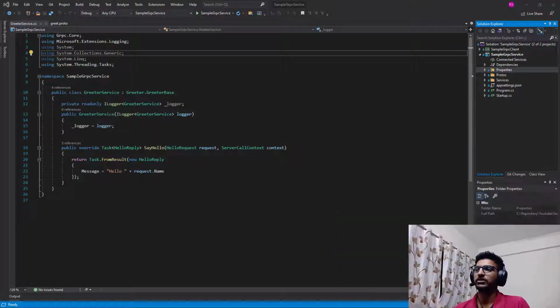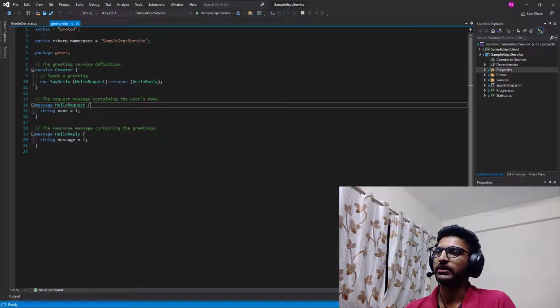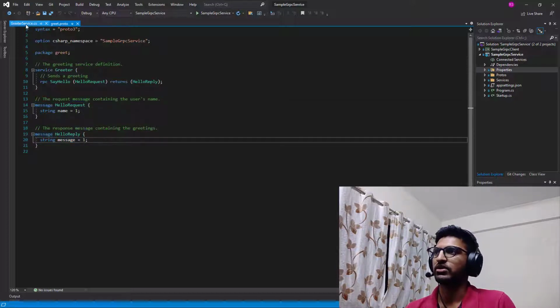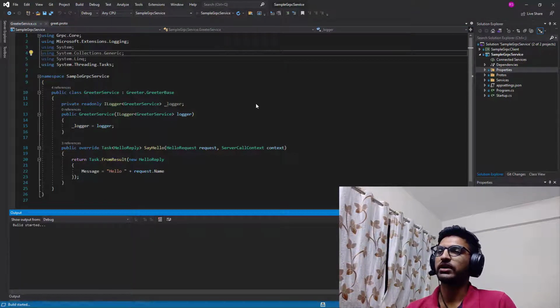In the previous tutorial we created a simple gRPC service which accepts a request of type hello request with one parameter called name, and it returns a hello reply with a parameter called message. Basically, whatever request we get, we extract the name, prepend the word hello to it, and return it back to the client. So if we try to run it,